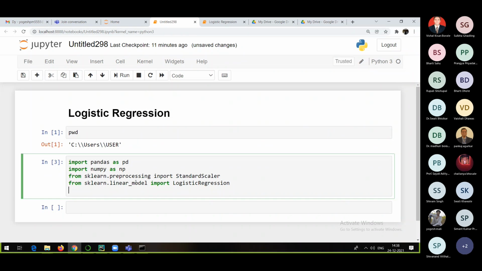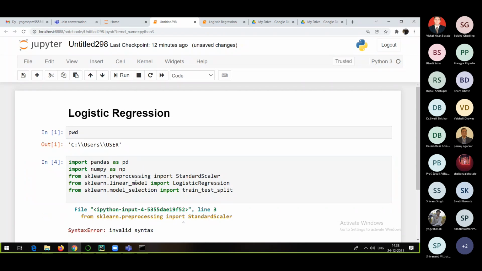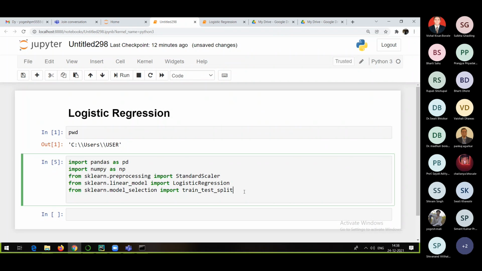I hope everyone has understood the reason why we need this. And obviously, the model will be trained based on data. How are we going to train the model based on data? We will be dividing our data into training and testing. So I will need model_selection. From model_selection, I am going to import train_test_split. Yes, that's also fine. I will run it. Okay, it is showing me a problem. The spelling of import is wrong here. And then run. Yes, that is working fine.